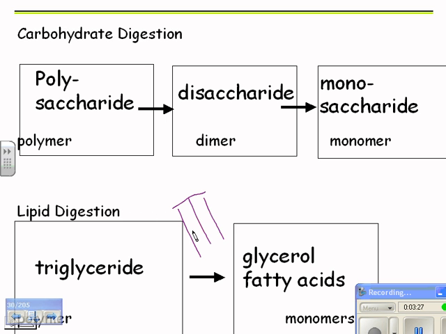A phospholipid would have 2 fatty acids, and instead of this, it would have a phosphate group sticking up. So if you break down a triglyceride, you're getting a glycerol, that's this thing, and then 1, 2, 3 fatty acids. Remember, lipids are just lipids because they are hydrophobic, and so steroids really don't fit into this polymer monomer thing, but